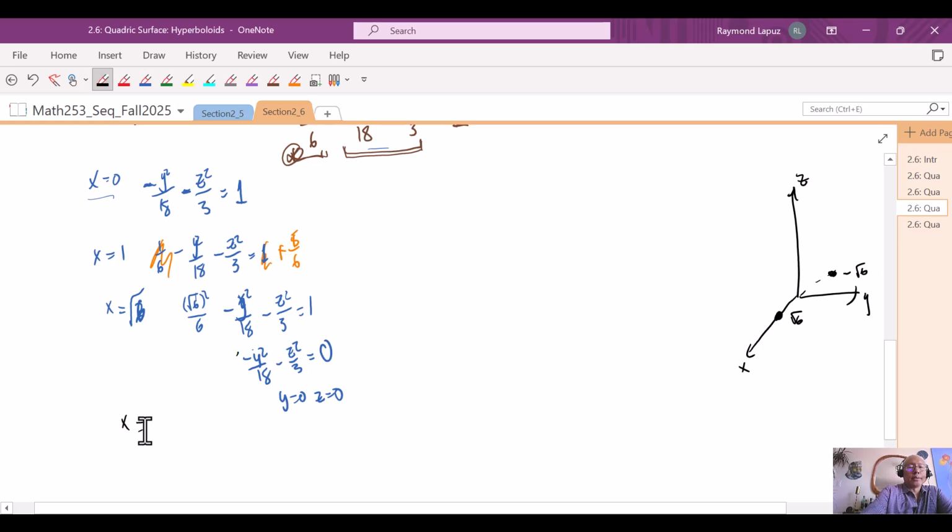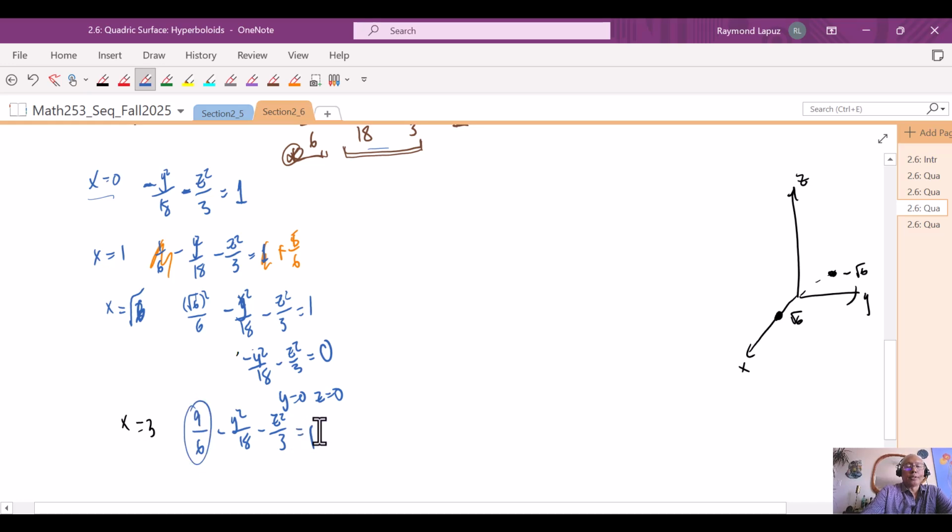So if x is equal to 3, we will get 3 squared. So we'll get 9 over 6, and then minus y squared over 18 minus z squared over 3 is equal to 1. And then this is